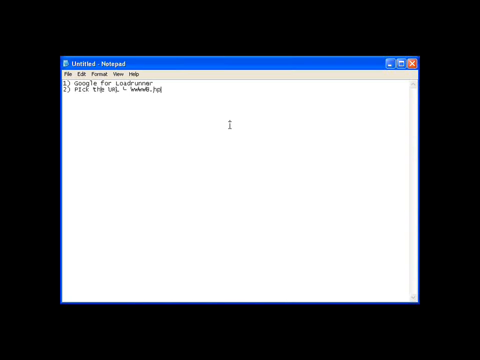www.8.hp. I'll get the URL for you. Or else you can straight away go to this URL. And then click on downloads.